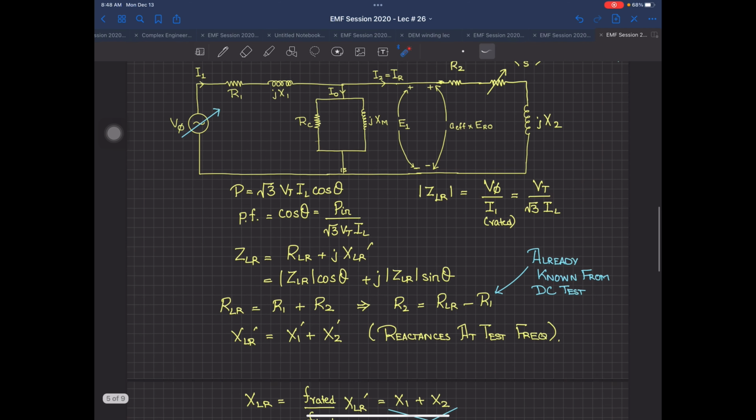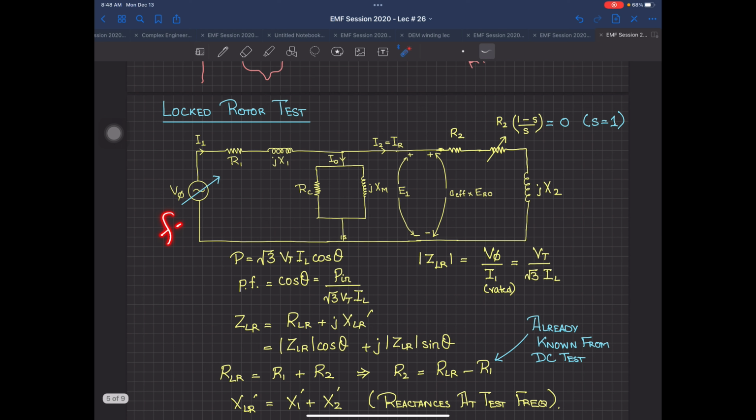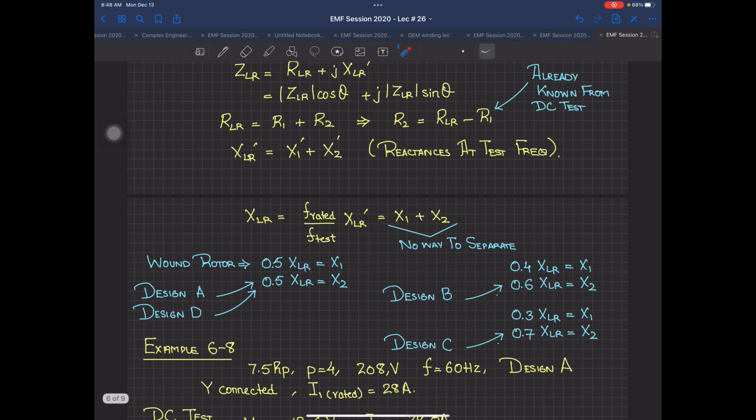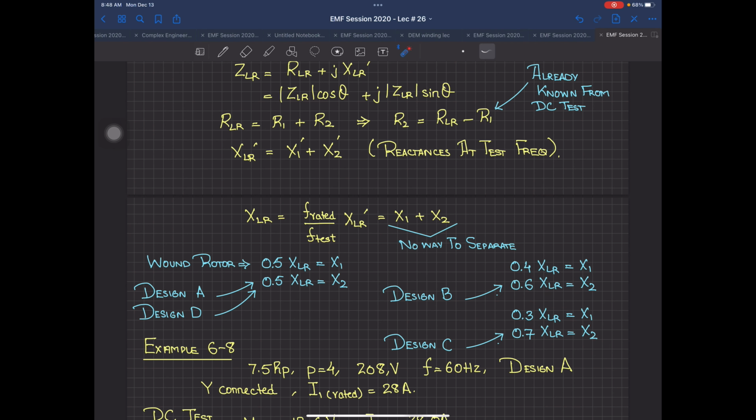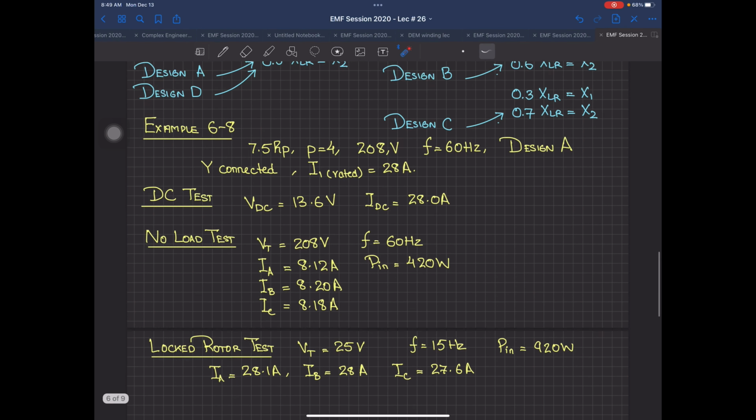So this is your lock rotor test. But this lock rotor test is done at 25 hertz or 20 hertz, whatever that frequency. In the lab, we don't have that facility, so you are already doing it at 50 hertz. So when you have done it, you convert it back into your 50 hertz value, you get your X1 and X2, and separate them according to whatever design class you are working on. Please memorize these design class values, because whenever this is asked in a numerical or question, these values are never given. It's very easy to remember because this is 0.5, this is 0.4, 0.6 and 0.3 and 0.7.